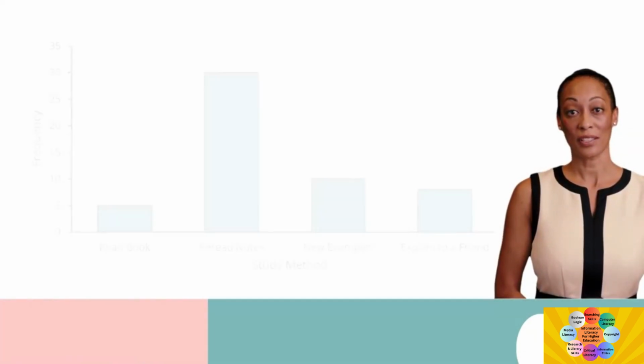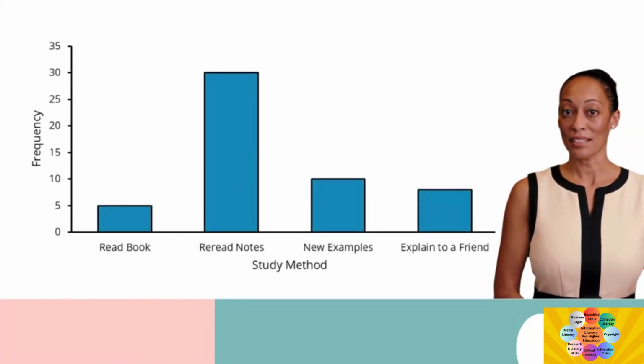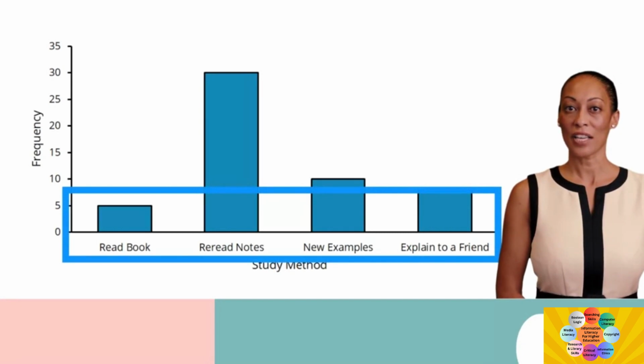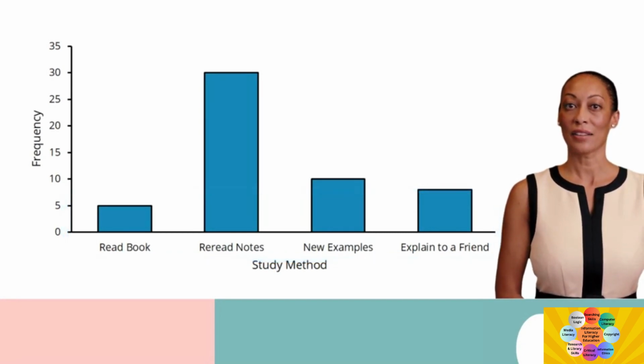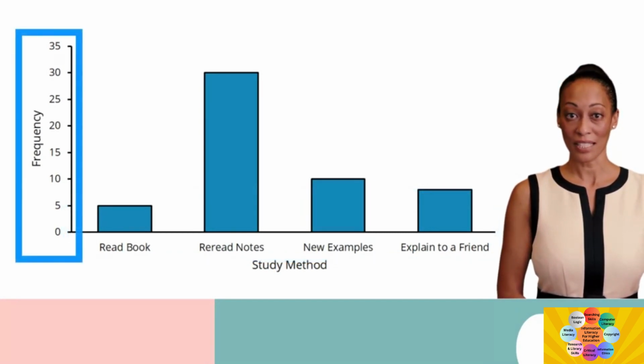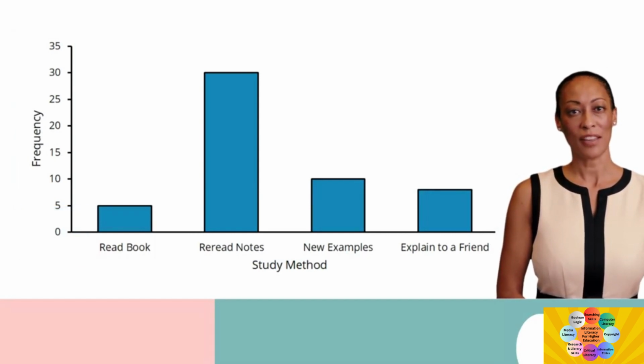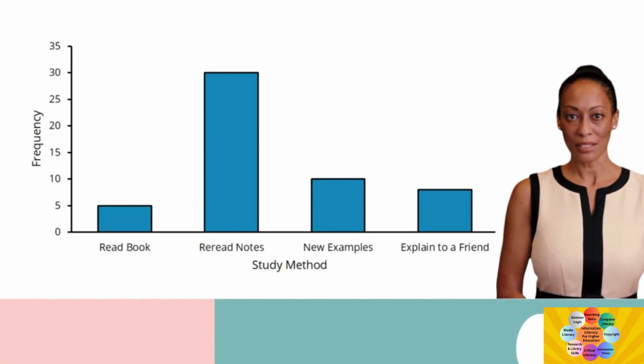This example shows the preferences in a sample of students for each of 4 study methods. The values of the variable of interest span the x-axis, and frequency of occurrence is indicated on the y-axis. Typically, the y-axis of a bar graph begins with 0 and continues to a value just beyond the highest frequency in the distribution. Also, because the variable is on a nominal scale, the order of the categories on the x-axis